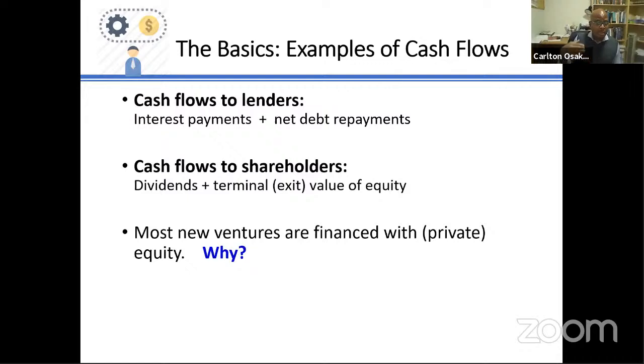This is because even though lenders would lend you money, lenders like to see a history of cash flows in order to determine what sort of interest payments you can make, what the probability is that you'll pay back, and so on. If you are a small business, an entrepreneur, a new venture, you often don't have that history of cash flows from the past. You don't have a history of financial statements that lenders need to assess the risk involved in lending you money. And so private equity tends to be the way that most new entrepreneurial ventures are financed.